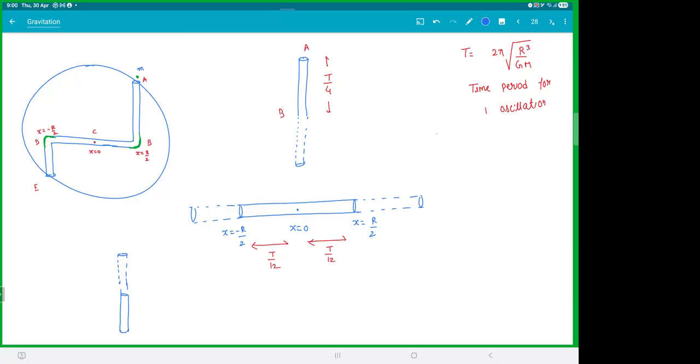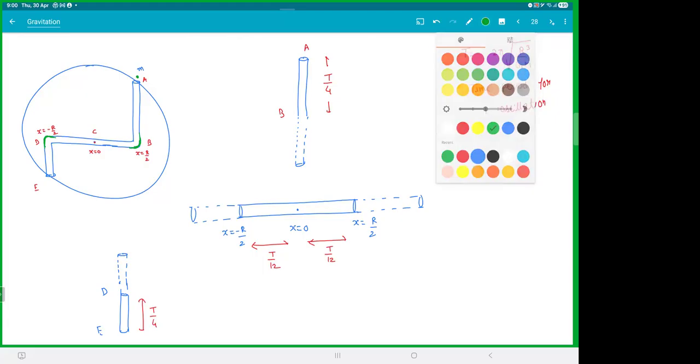This is the tunnel there. You're going from D to E. And this would be again a 1/4 of an oscillation. This is T by 4. There. So your total time